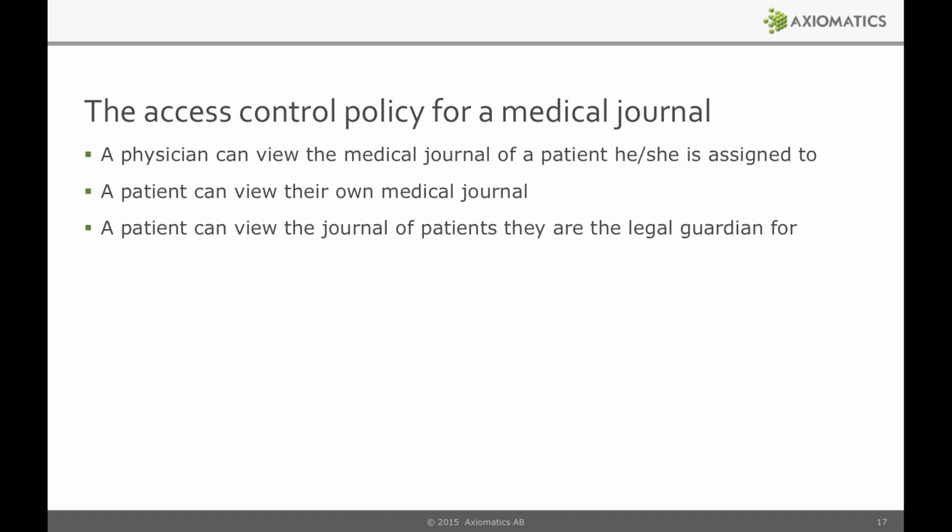And in the example I was mentioning before, can Dr. Bob view medical record 123? The policy server receives that question. The policy server will fetch the owner of medical record 123 through the backend attribute sources, and we'll figure out that the record in this example belongs to Alice. And then we'll check whether Alice is assigned to Bob, whether Bob is Alice's assigned physician. And if it is the case, the policy evaluation will result in a permit, and that permit will be returned back to the API gateway, which will enforce the decision and pass it on to the backend service to retrieve that medical record.